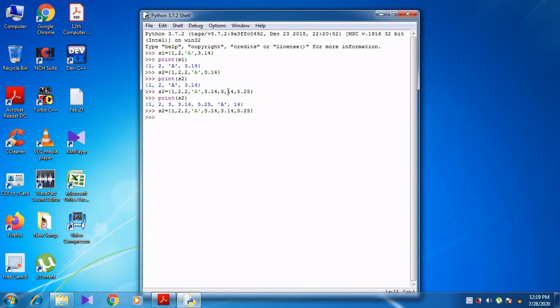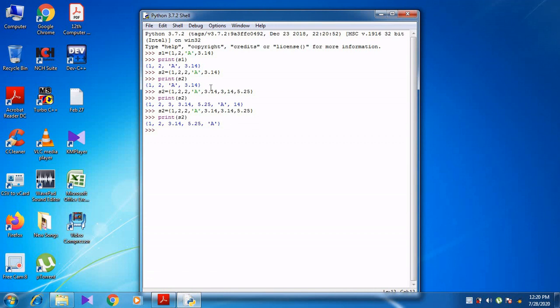Sorry. So 2 times I have repeated 3.14. So now you see here the output: 1, 2, 3.14, 5.25, A. Which value is duplicated? 3.14 is a duplicated value. 2 is also a duplicated value. So all the duplicated elements are removed.